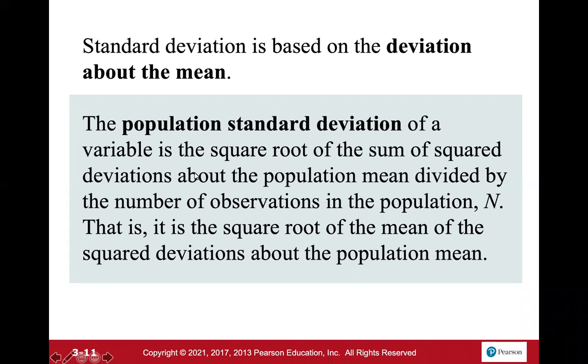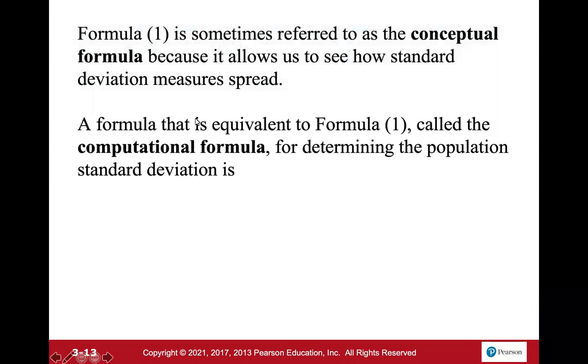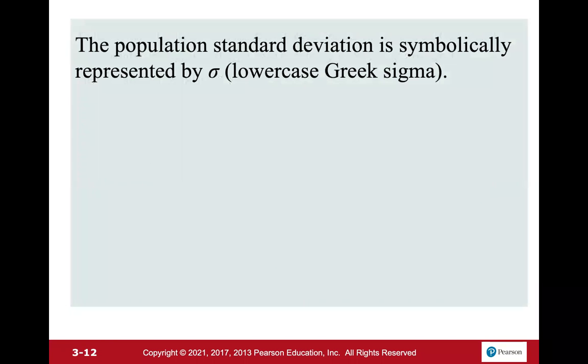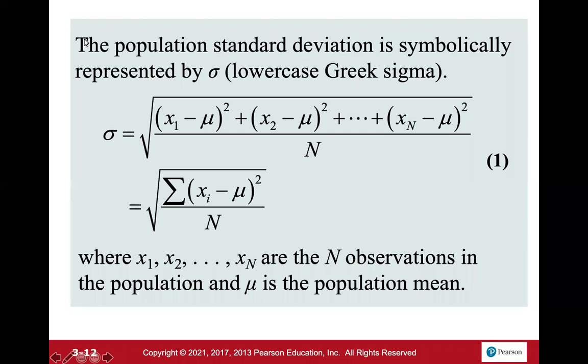A lot of different words here, but we could sum it up by the actual computation. So they said the sum of the squared deviations. There we go. So deviations about the mean squared, and we add all of those up for each of the data values and divide by n. Once we have that number, we take the square root. So throwing the summation in there, we would have the sum of the deviations about the mean squared divided by